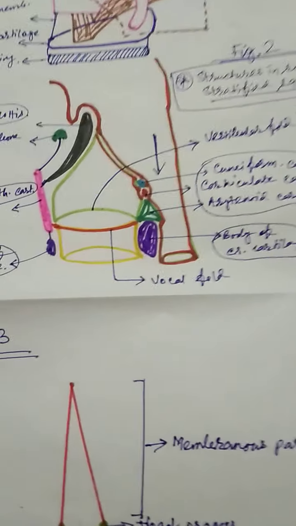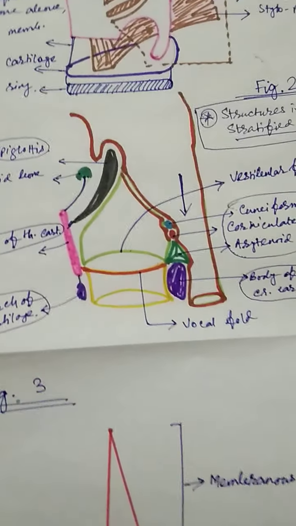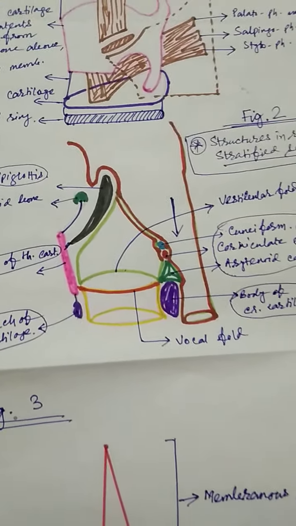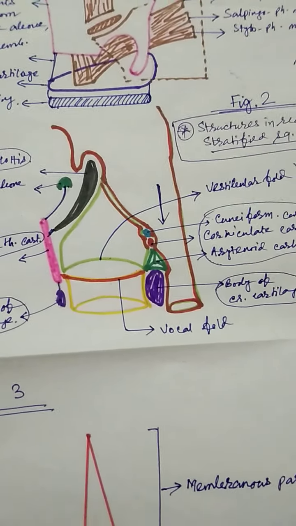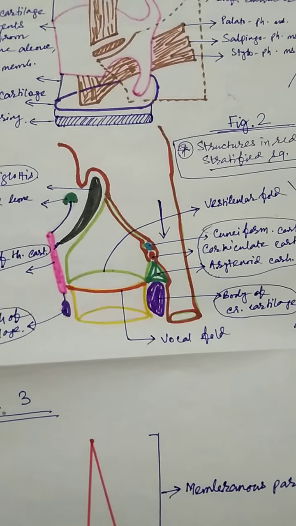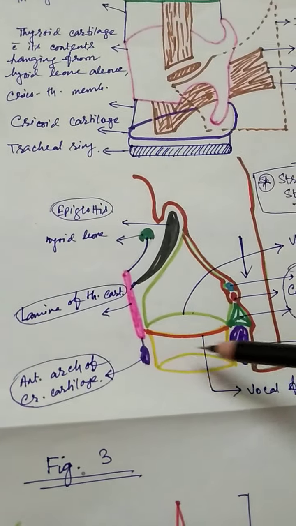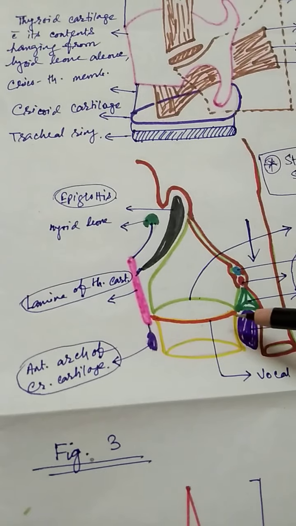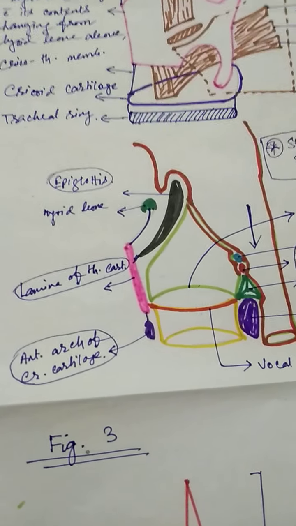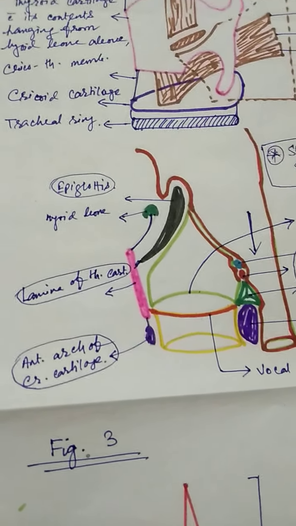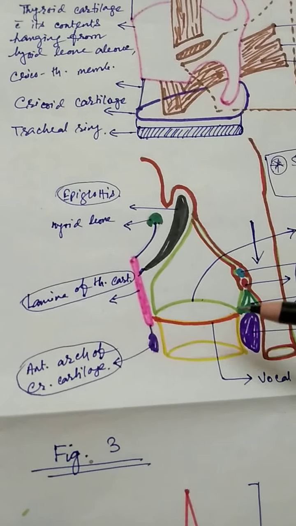Okay. So, if both-sided external laryngeal nerve as well as recurrent laryngeal nerve are cut, this condition is called the cadaveric position of the vocal folds. So, you should remember. Here the vocal fold is important in the nerve supply as well as the lymphatic drainage and the blood supply.